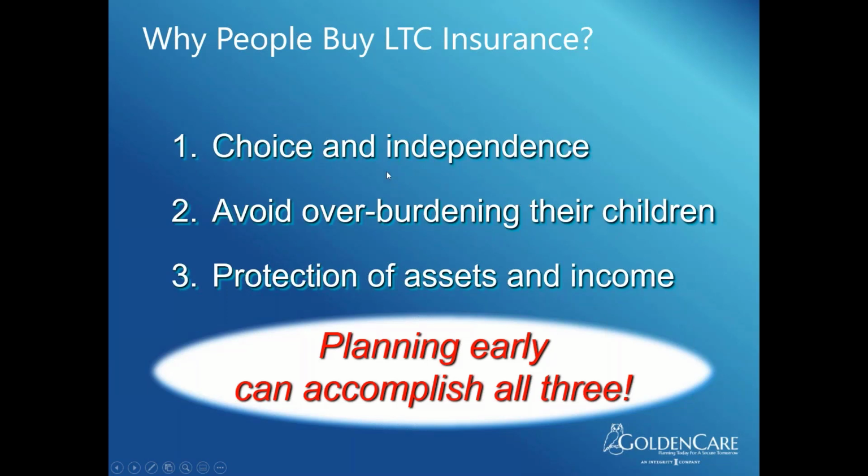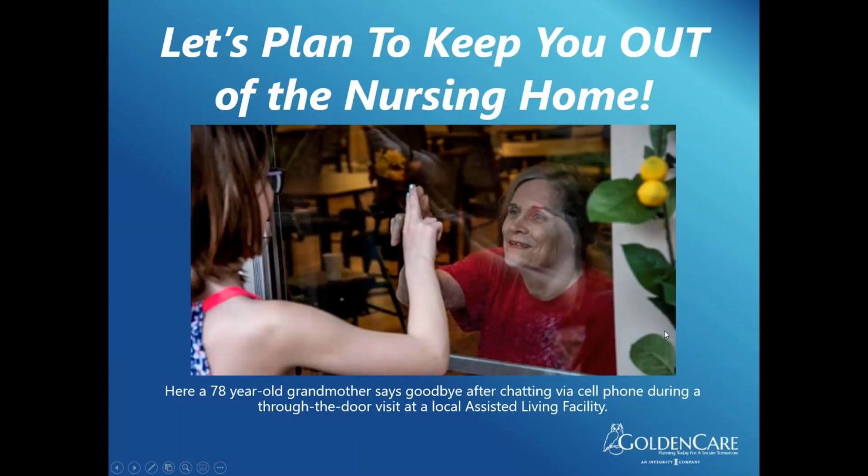You're getting that sandwich where you're getting it in both ends. So avoid burdening the children and having that choice. That's what I sold on. I rarely sold on the asset part of it. That's that real hard-hitting family stuff. It's the emotional part of the sale, which I think you should concentrate on, because that's what really worries people. So this is why people buy long-term care: choice, avoid burdening, and protection of assets. And again, it's especially with COVID right now.